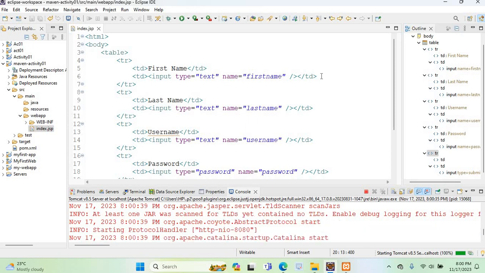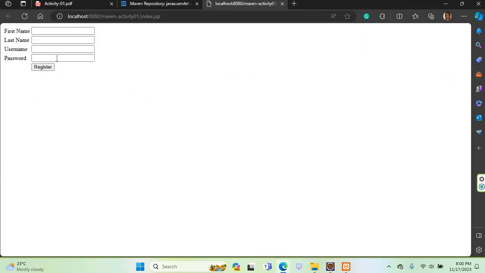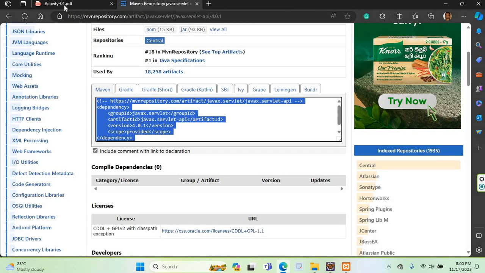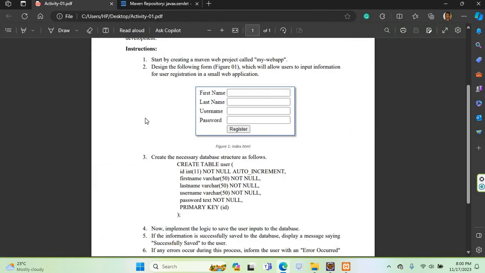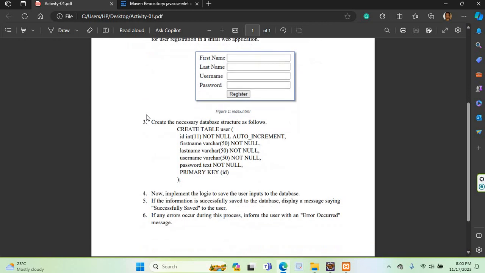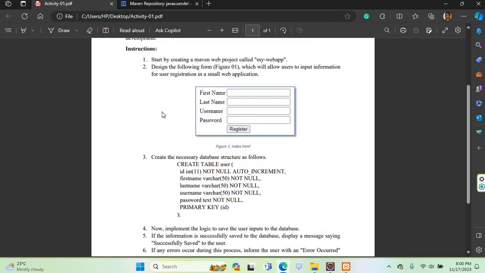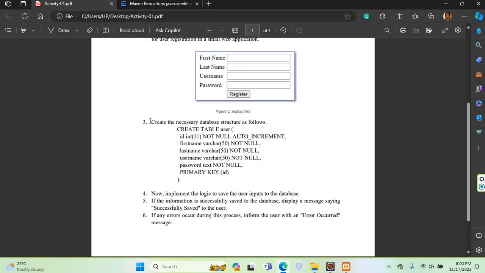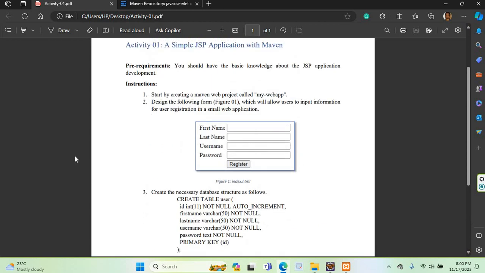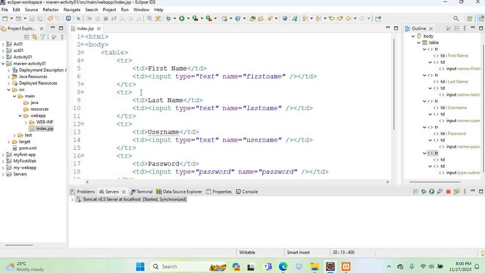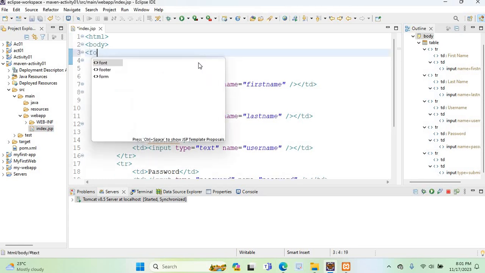Okay, now my Tomcat is starting, and yes, so this is my form. So now I'm going to submit this form. So according to our activity, we are going to submit this form, and we will have a JSP page called register.jsp, and then we are going to submit this information to register.jsp. So actually I forgot to add this form tag, because this is a form, so therefore I will use a